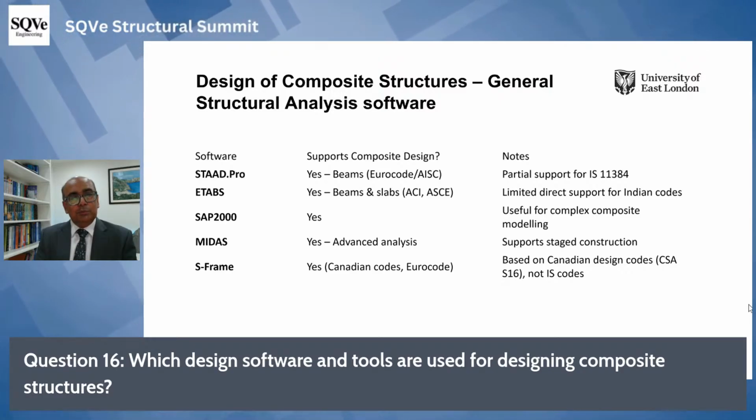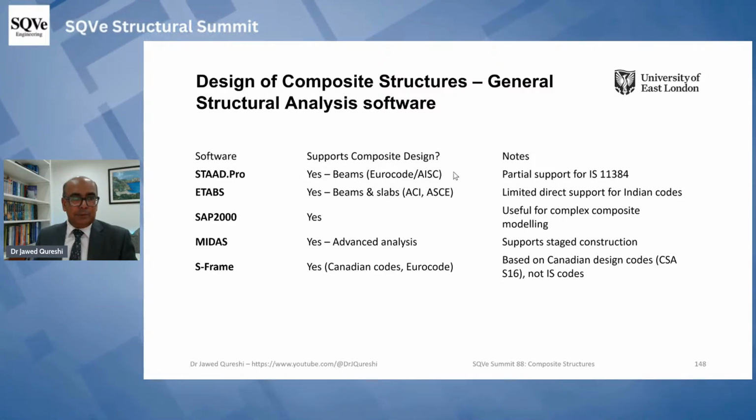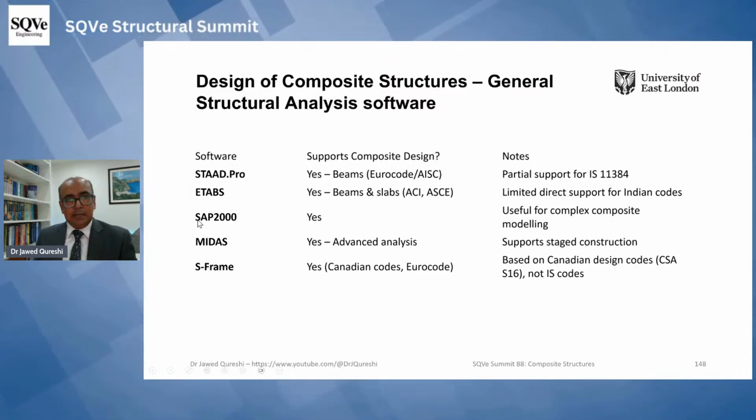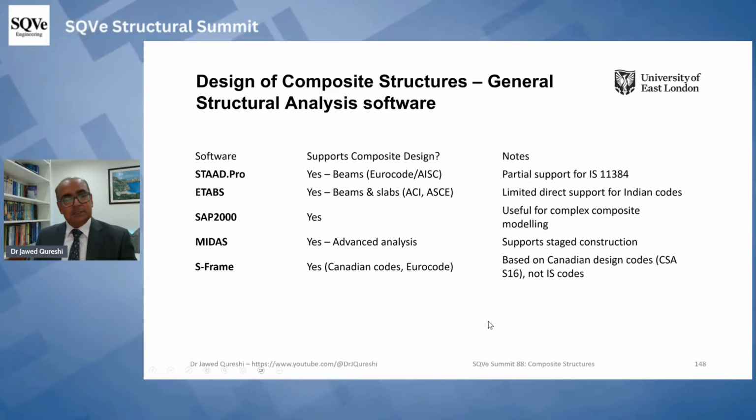I think, in my view, for composite structures, there isn't any proper design software because the sheetings keep changing. So almost certainly you will have to rely on manufacturer's guidelines, or you have to do some calculations yourself. And I have used S-frame, which provides composite beam design. I've not used other software for composite. So here you can guide me if they have these provisions or not. I've taken the information from their website, but I haven't specifically used them. So use this information with caveat, right?